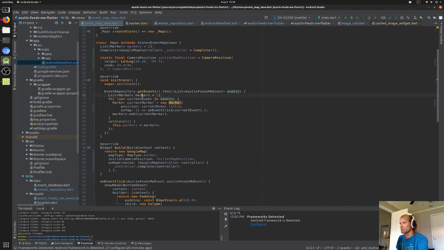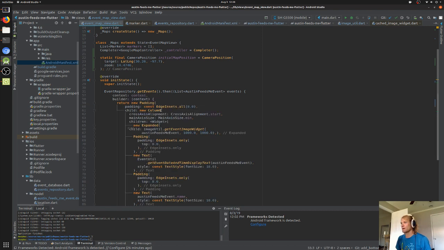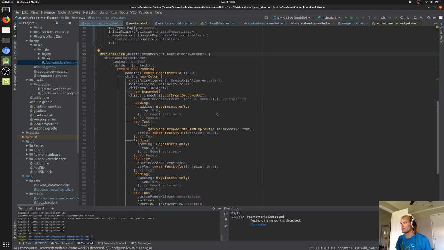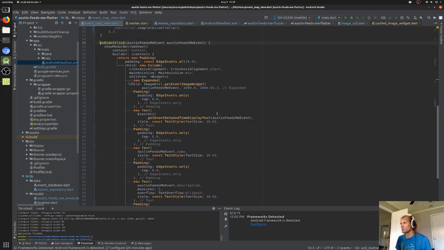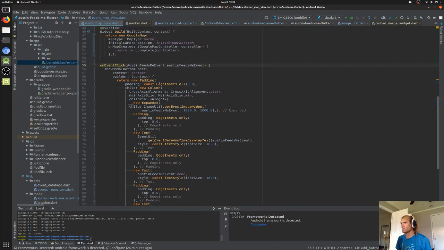So let's see what we're doing here. We're getting our events from our repository, and then for each event we are creating a marker using the latitude and longitude field in that event, and then we're specifying the onTap for that marker. And we've got an onEventClick method,